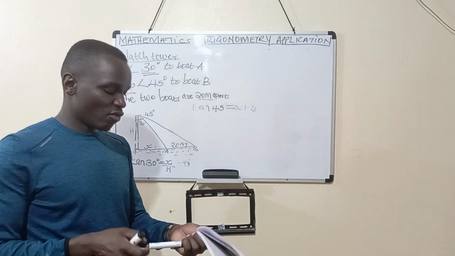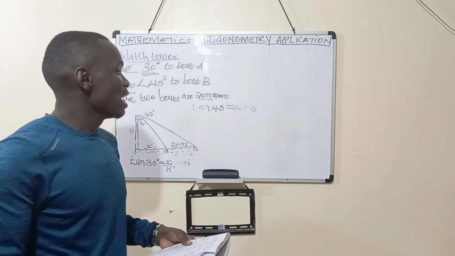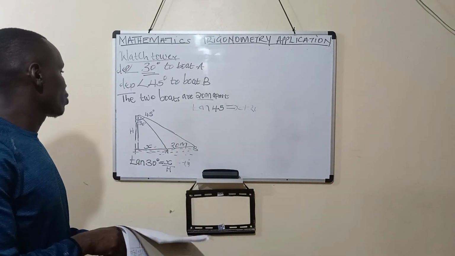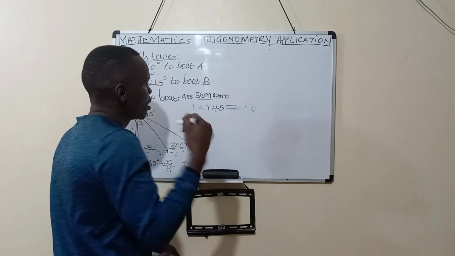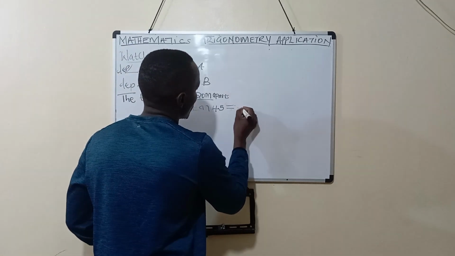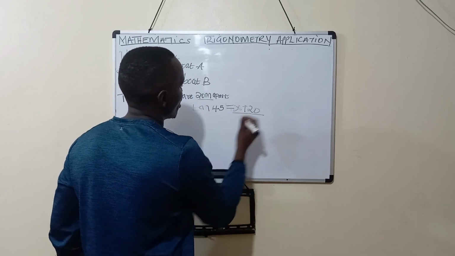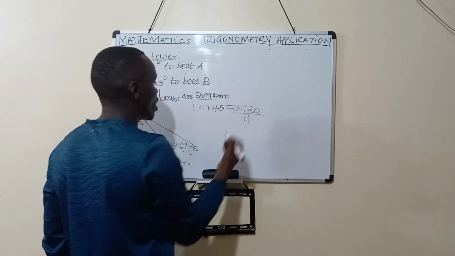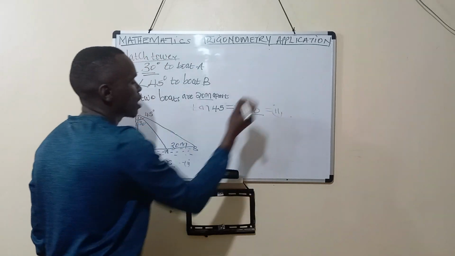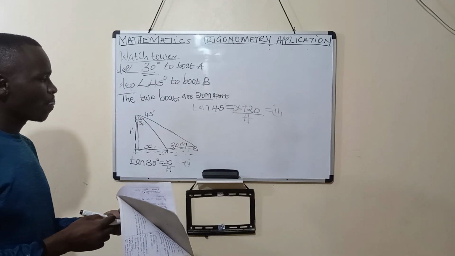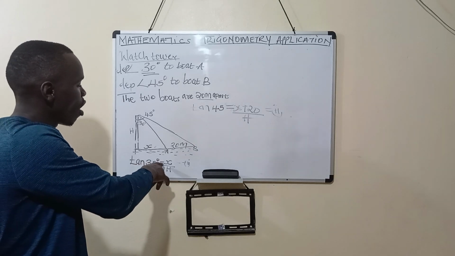I hope you have followed well and you have understood. The opposite of this one is x plus 20, and the adjacent is height. I hope you can use this ratio and the other one here so that you are able to solve. So let us meet in the next lesson as we try to get the values of the